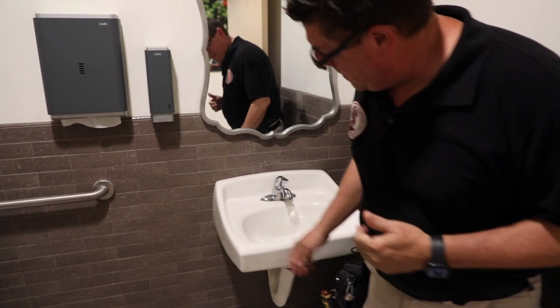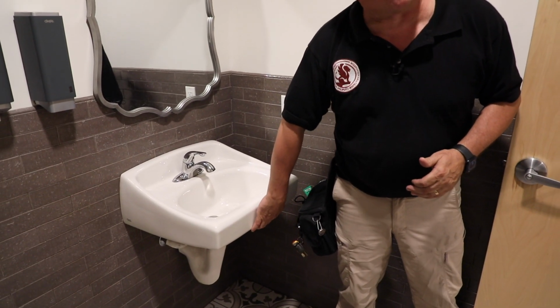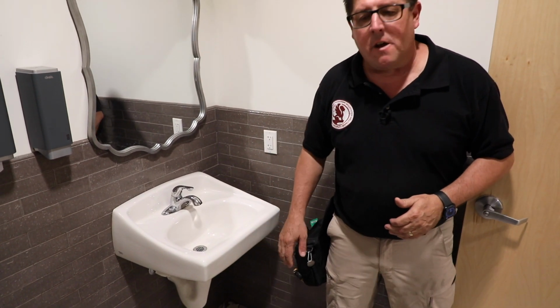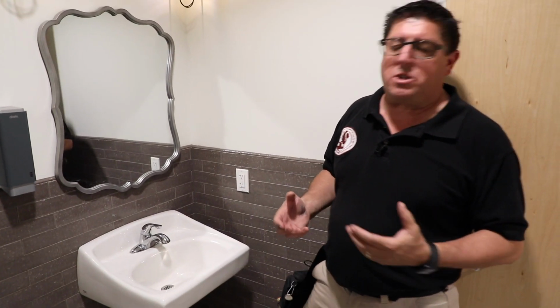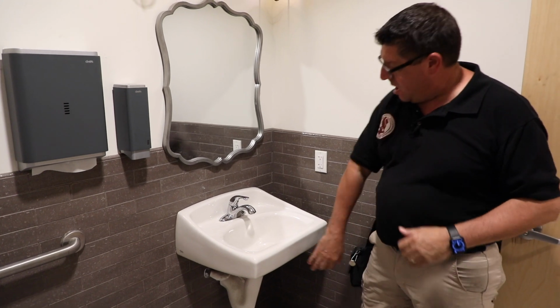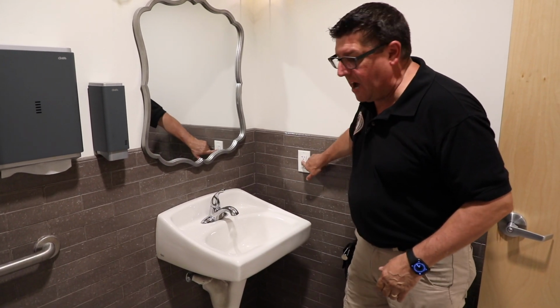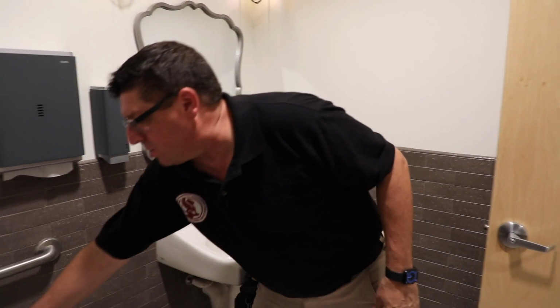Pretty simple stuff. But the interesting thing when it comes to sinks, most of our commercial sinks are all wall-hung sinks. And so when we have a wall-hung sink, it's important to give it a little upward pressure, because it's so easy for somebody to come in here to wash their hands and they lean on these things and they start pulling off the wall. So I just give it a little pressure and I turn the water on. We do have GFCIs here,